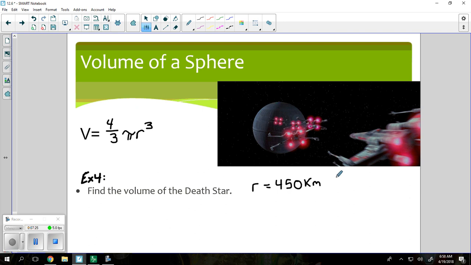So to find the volume, once I know the radius, I'm going to simply plug in. So 4/3 times pi times 450 cubed. So make sure you can find out how to cube something on your calculator. And again, don't be alarmed we get a really large number because this is a really big thing. 4/3 times pi times 450 to the 3rd power. I am getting approximately 381,703